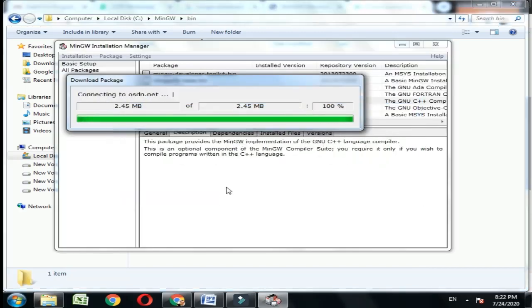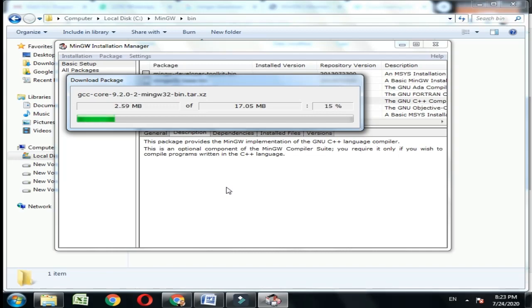So let it install everything. You have to wait for some time. Our MinGW installation manager is working perfectly fine. It is installing all the packages which we need to have the C and C++ GCC compiler.